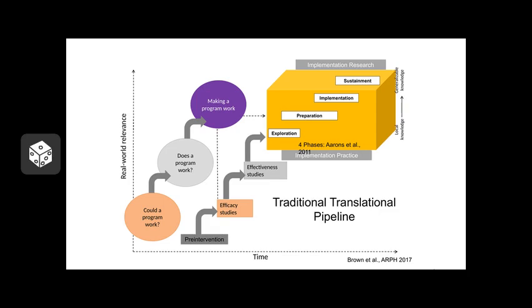We then move into research and evaluations that are focused on, does a program work? So these are real world effectiveness studies, for example, and many of those have taken place around HIV treatment, around PrEP, in terms of, does this program work? If we take this idea and put it into practice, does it work? I think increasingly what I'd like us to think about now is, how do we make a program work better? And that's really the focus around implementation. And that's what I'll be focusing on today, is that you have a program, whether it be an adolescent PrEP program or adolescent treatment program, it exists, and now you want to make it work better.